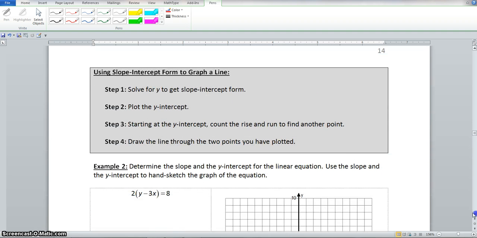Now we go to page 2. It says using slope-intercept form to graph a line. Step 1, solve for y and get the slope-intercept form. Step 2, plot the y-intercept. Step 3, starting at the y-intercept, count the rise and run to find another point. And step 4, draw the line through the 2 points you have plotted. Okay, so now,